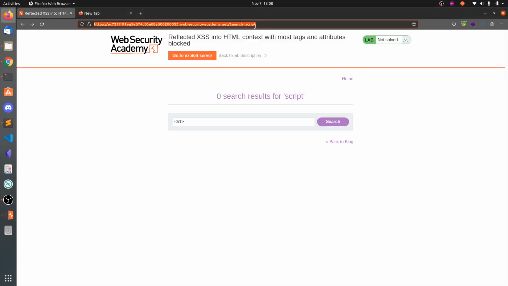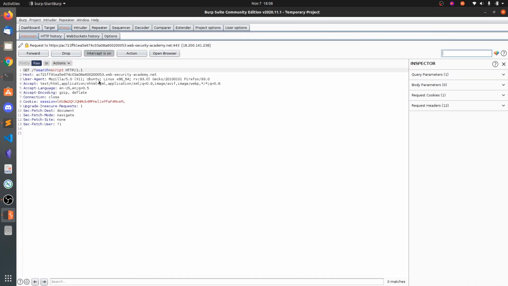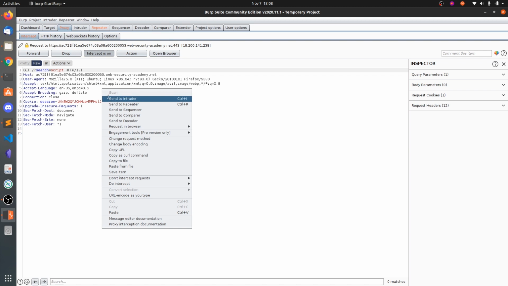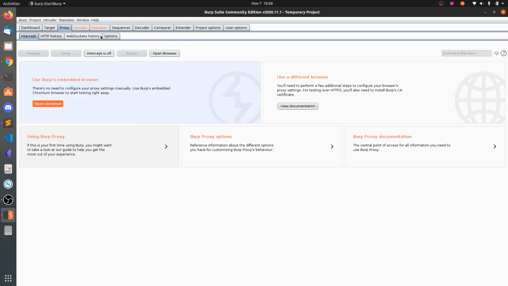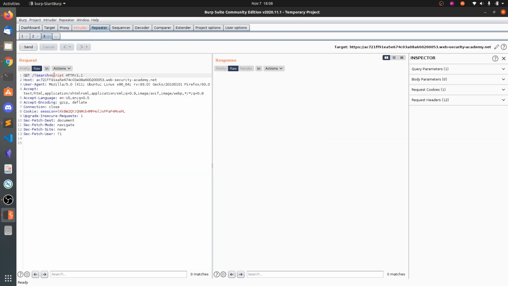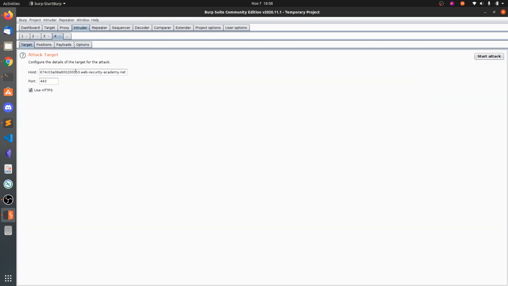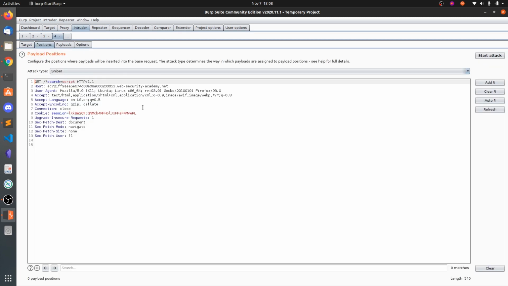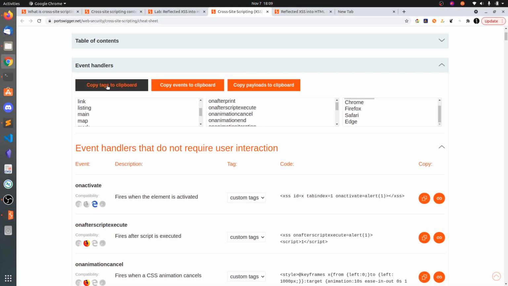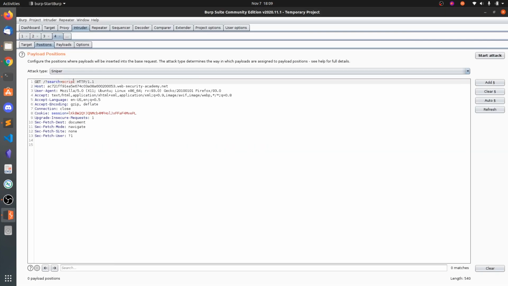Now for this, let's click on intercept on, send this to repeater and send this to intruder. Here we need to brute force this one. In intruder positions, clear all positions, and copy all tags to clipboard.